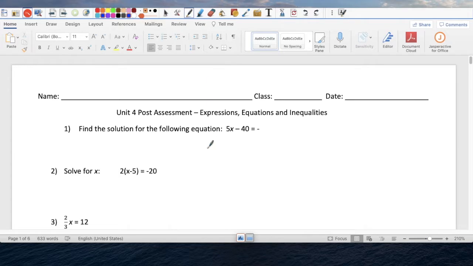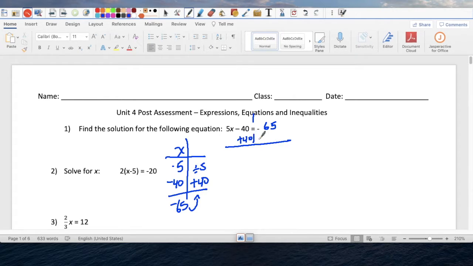First problem, it's 5x minus 40 equals negative 65. I think we did it in class. If you did a little story, you have x times 5 minus 40, negative 65. So the inverse operation is plus 40 and divide by 5. Left and right, plus 40, plus 40. And we get 5x equals negative 65 plus 40, which is negative 25. And now we divide by 5. Divide by 5. X equals negative